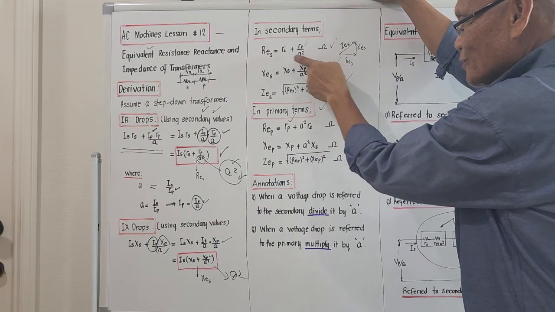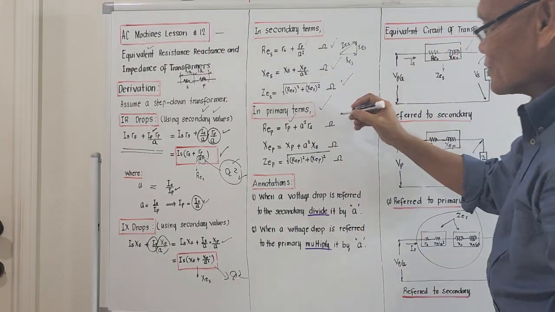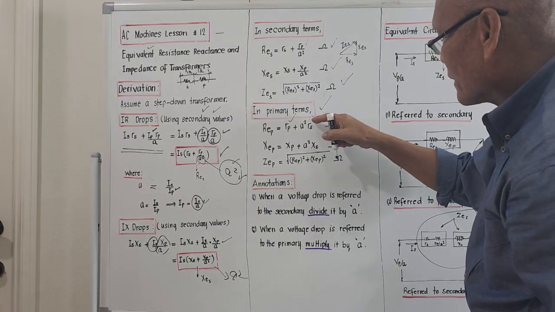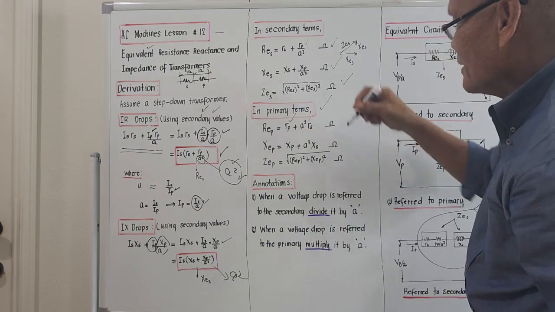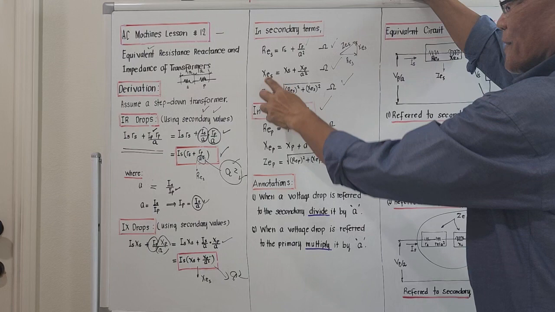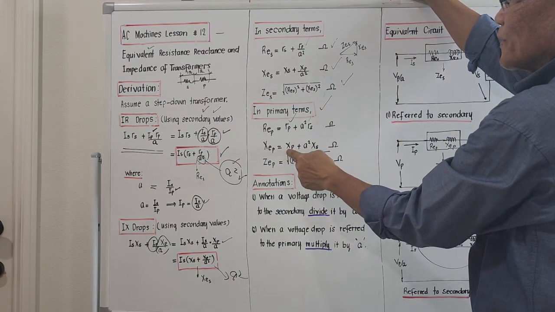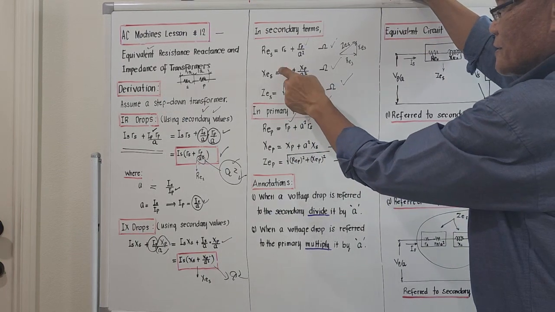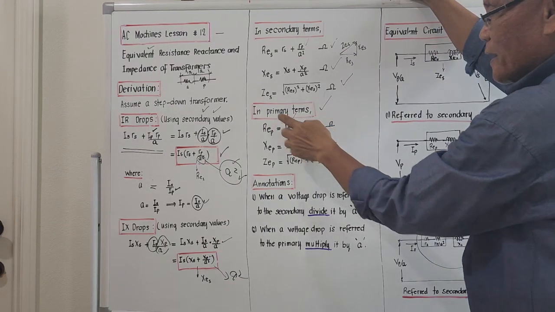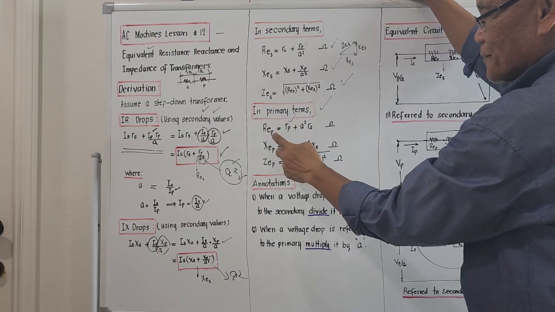Then we change this one to this. It is now referred to the primary. Right? So there is an A square over here as a multiplier. So at least you now know where this A square emanates. For the reactance, it's the same. If this is referred to the primary, it will be XP. The second part will be the product A squared times XS. So if we now know REP and XEP,